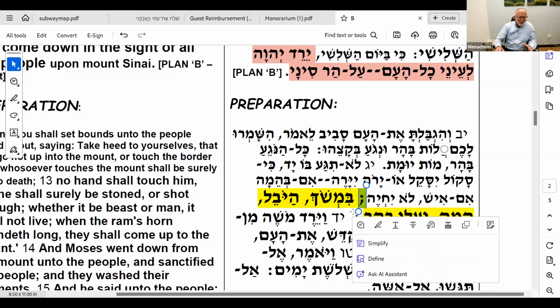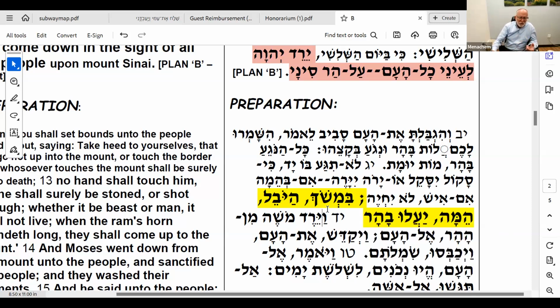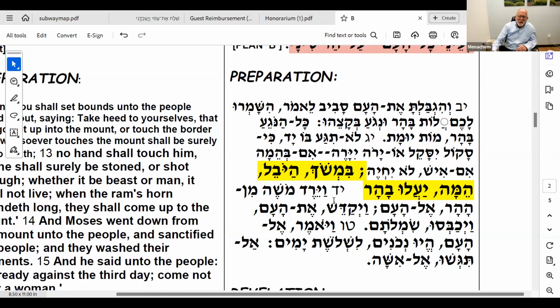I'll give a bad analogy. When the game begins, the court has Kedusha, right? Only the Kohanim can play. The spectators can't be on the court. When the game's over, the Kedusha is gone, and anyone can go on the court, if they don't get too wild. Understand my point? So there's a big machloket. Is this long blowing of the shofar the beginning or end? I think in Pshat it's the beginning. We'll deal with that more later in detail. But for today, Moshe comes down and tells the people, gets them ready, and tells them to stay away